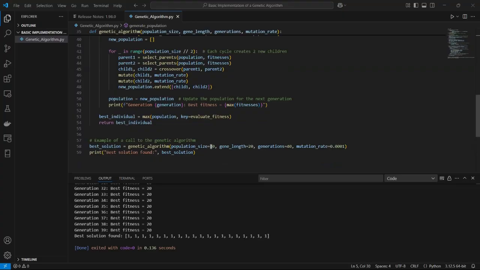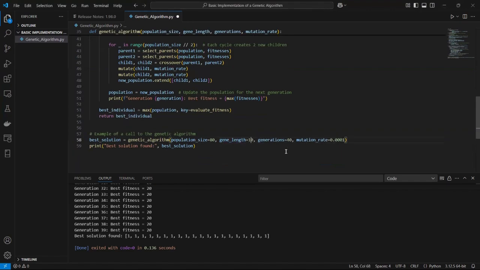In my case, the population size will be 80 individuals. The gene length of each individual will be a 10 parameter, and we're going to repeat the generation 40 times, and we're going to make the mutation a little bit higher by giving it a 5% rate. And now we check the results,